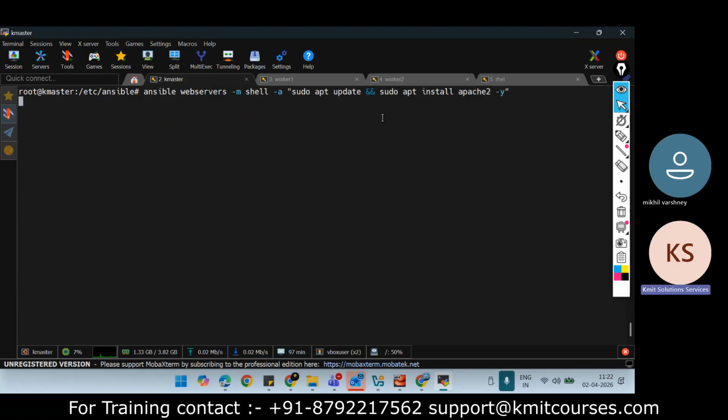Now it is going to my worker 1, and on worker 1 Apache was not installed. On worker 2 Apache was installed, right? I'm running the command. So these are the commands. Tomorrow we will see this with the playbook.